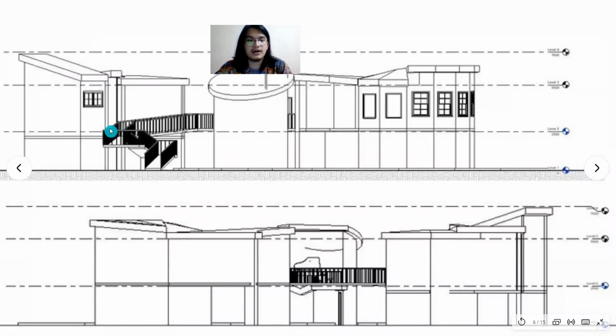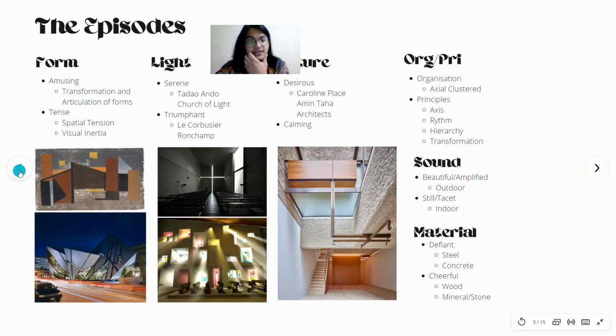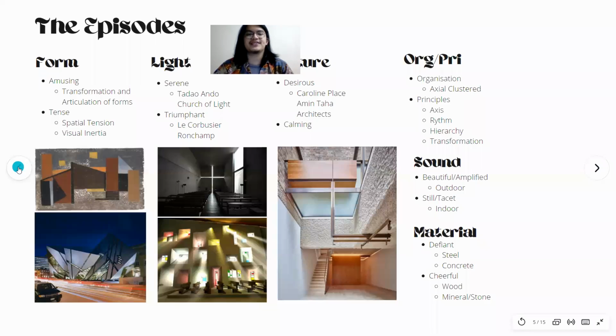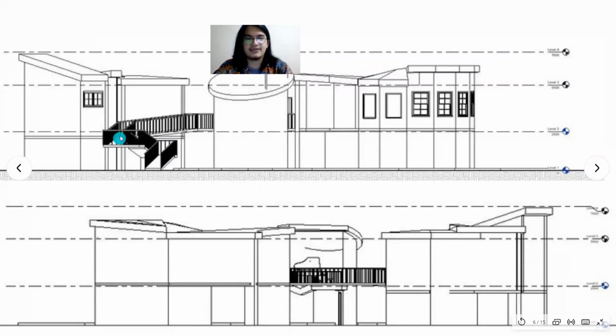Moving on, let's use this elevation to illustrate some of these examples: how a space can be amusing, or how a space can be tense. The spatial tension of the vertical elements and the visual inertia of the horizontal elements